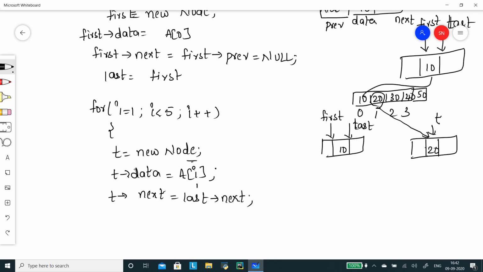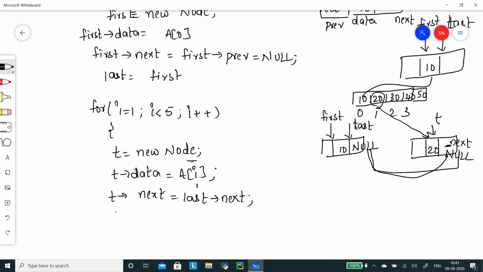Initially, what is the last->next value? It will be null. So now t's next location is storing the same value as last->next, null. So null will be written over here, and t's next has become null.